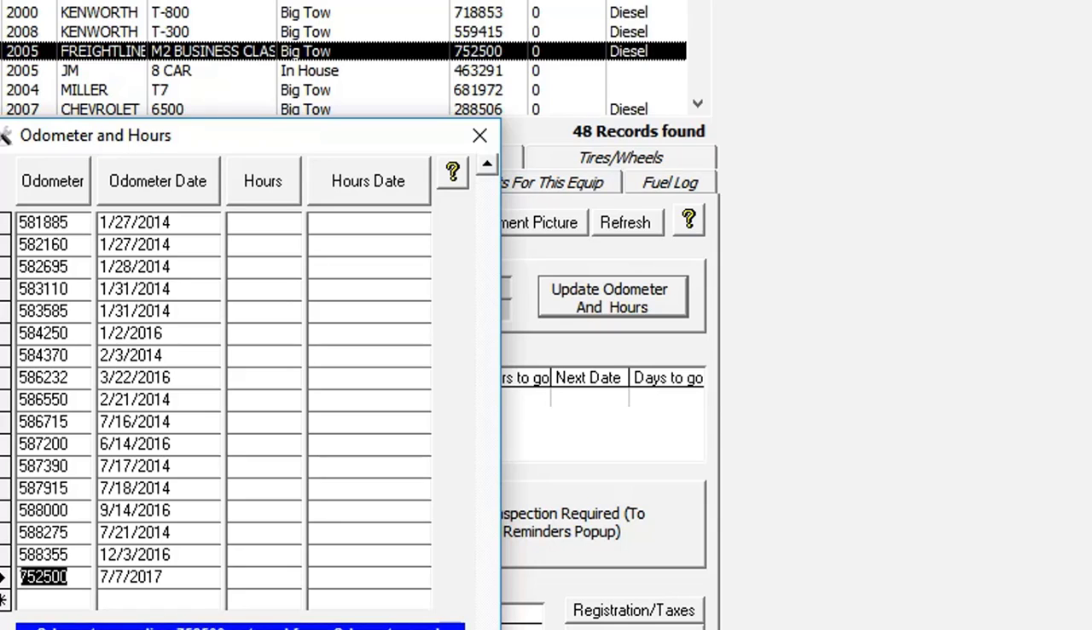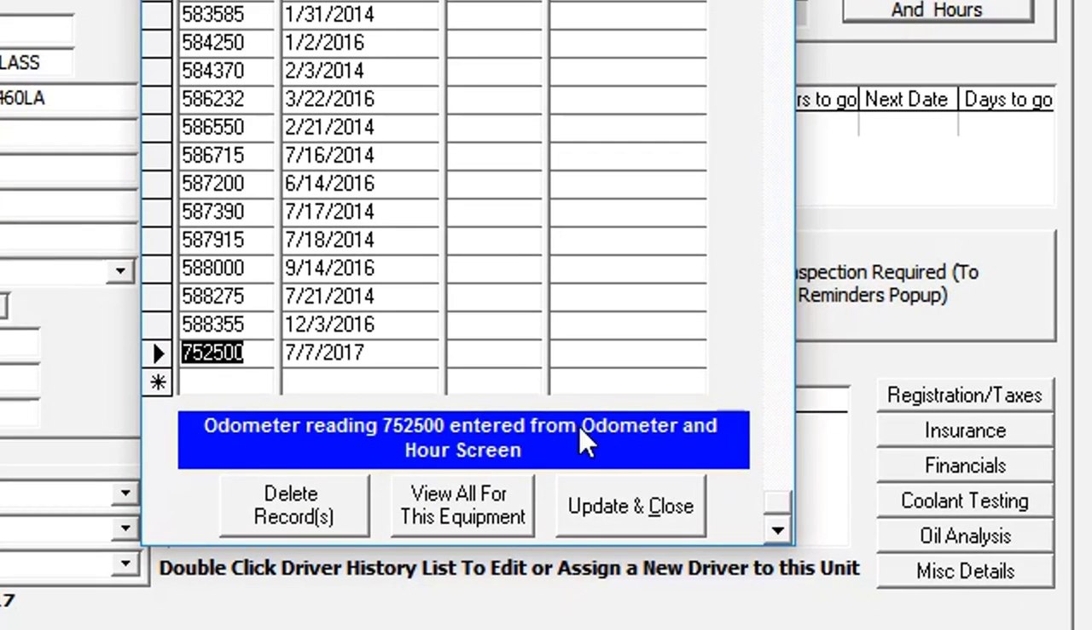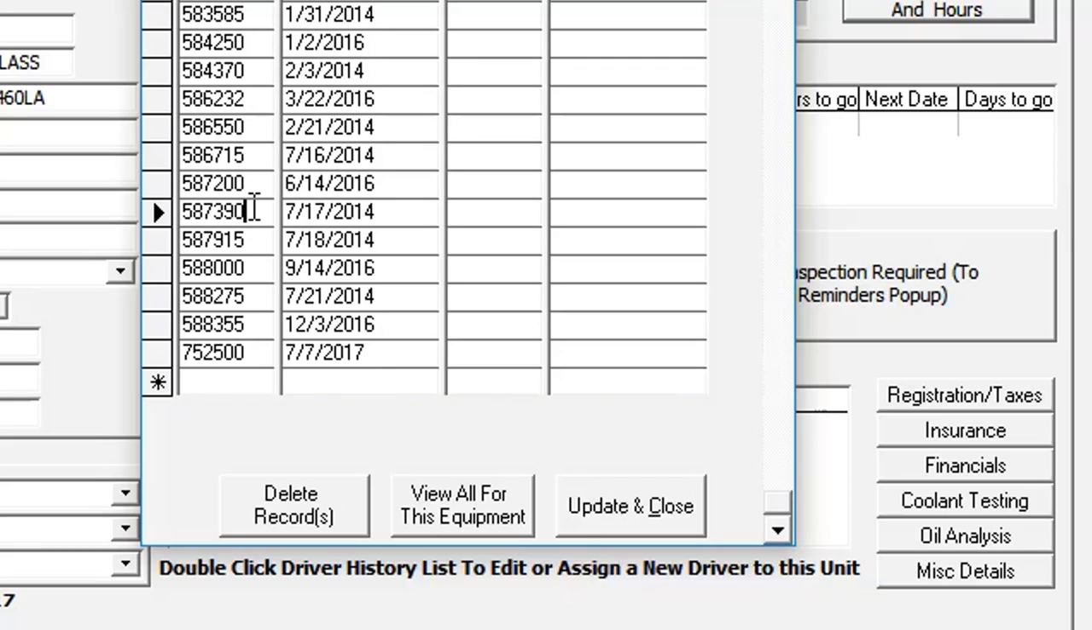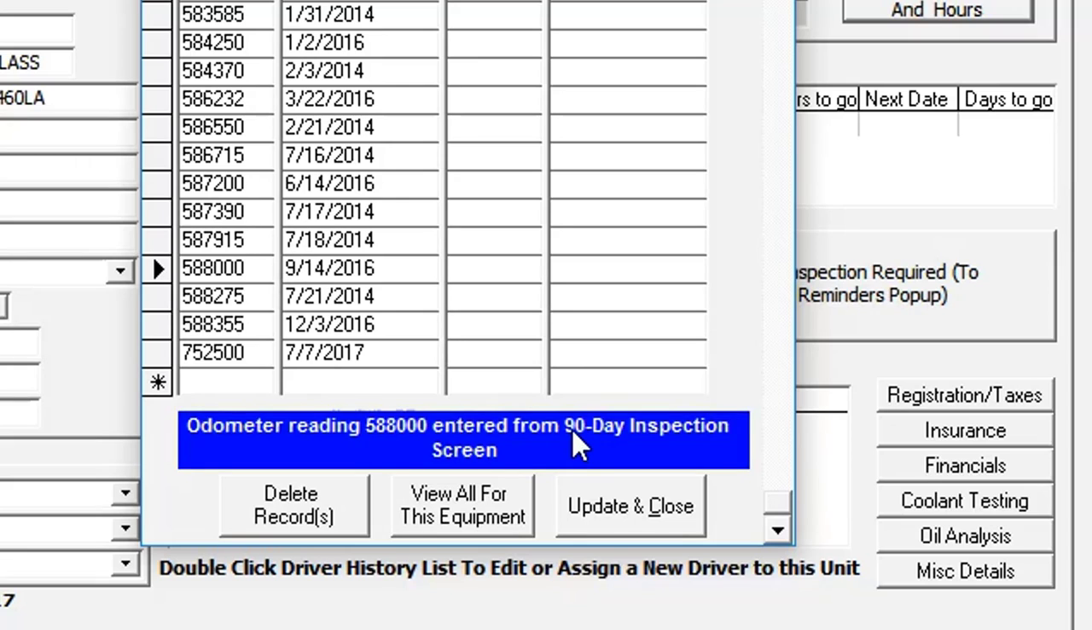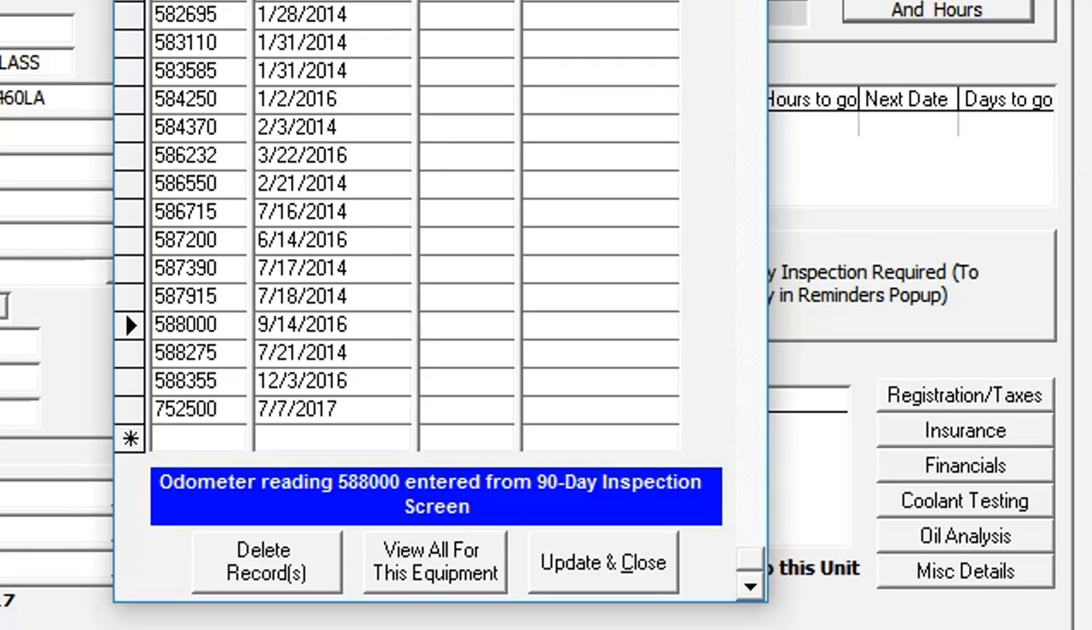And one other thing I wanted to show you here is, see this blue bar at the bottom? It tells you where the odometer reading was entered from. In this case, it was from this screen, the odometer and hours screen. If we go up to a previous one here, we can see it was entered from the 90-day inspection screen. Now if I keep going back, you're going to see that you don't have those entries on all of them, because some of those entries might have been made prior to the new feature being added that actually enters in this information when you add a record from another tab, and then you tell TATEMS to update the odometer readings